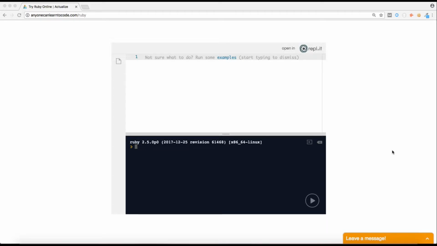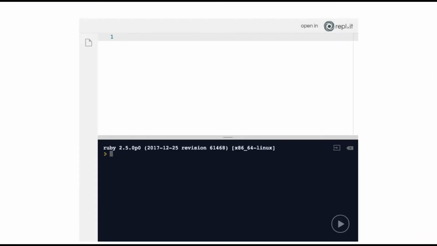The box on the top is called the text editor. That's where we're going to be writing our code. The bottom box is called the terminal. That's where we're going to see the results of our code. So effectively, we're going to be writing code in the text editor and see the results in the terminal down below. So let's demonstrate. To start, I'm going to write a single line of Ruby code,